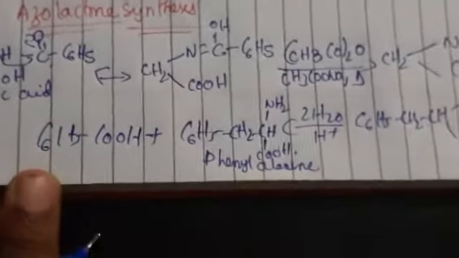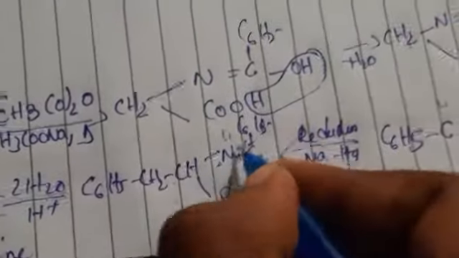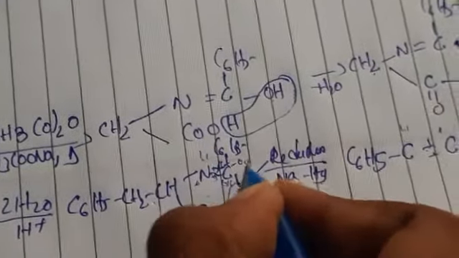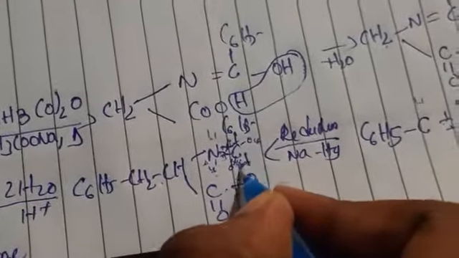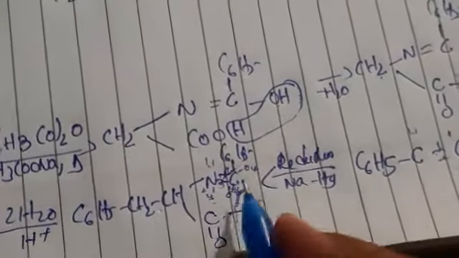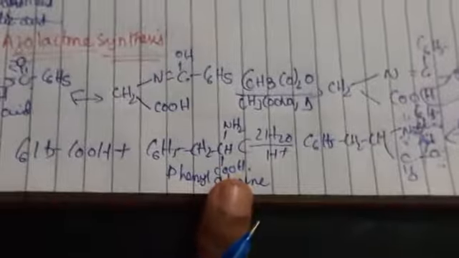This is the benzoic acid formula. How we got this: see here, 2H2O I am adding. If I break one bond, here H, here OH, and here OH, here H. Okay, this molecule NH2. So now if I turn the C double bond O, minus I am getting. Okay, so then here OH is there, here H is there, this H plus will come and add here, so that's why we got CH NH2 COOH. So the remaining H plus will come and add here.